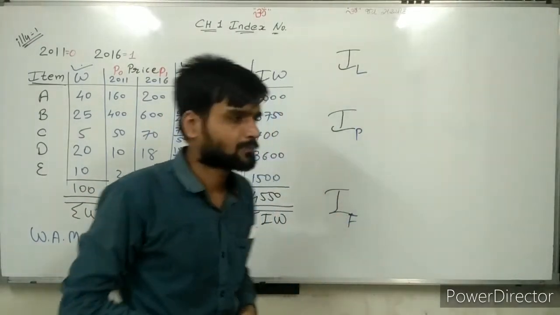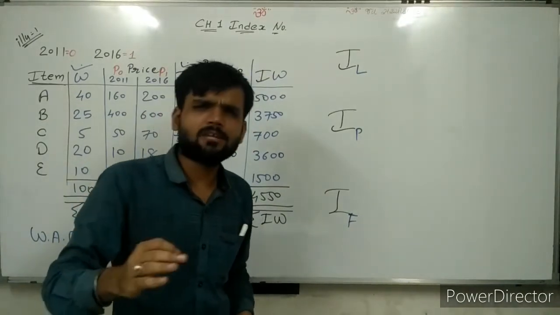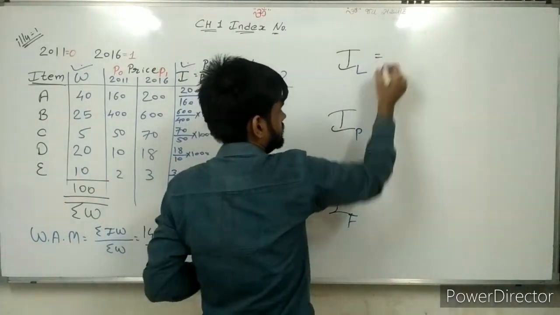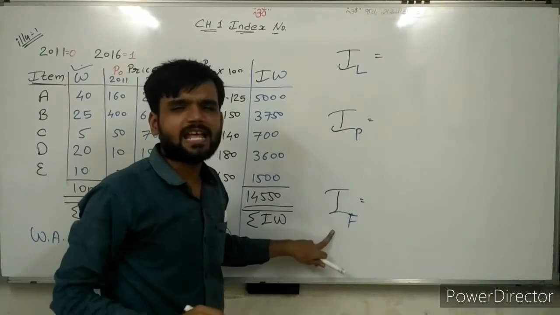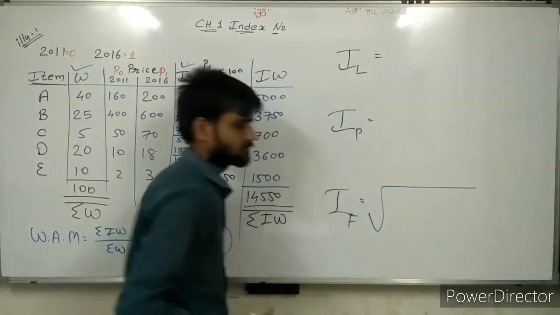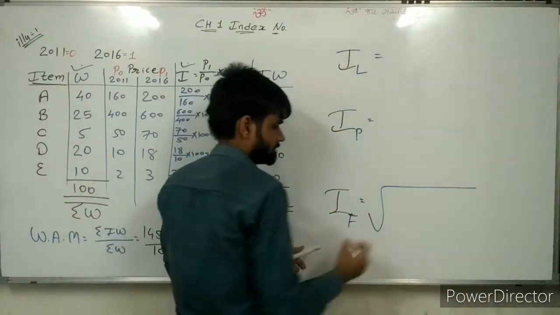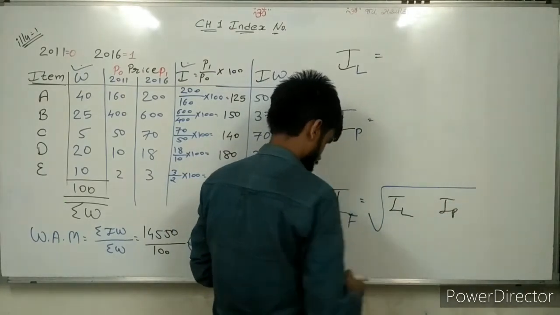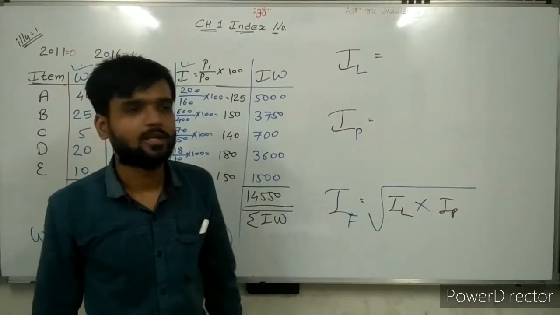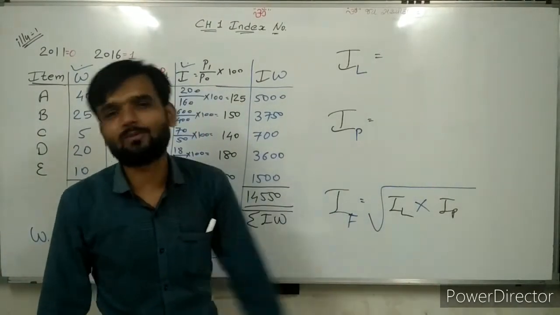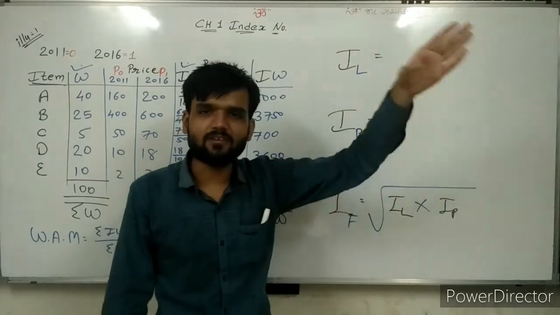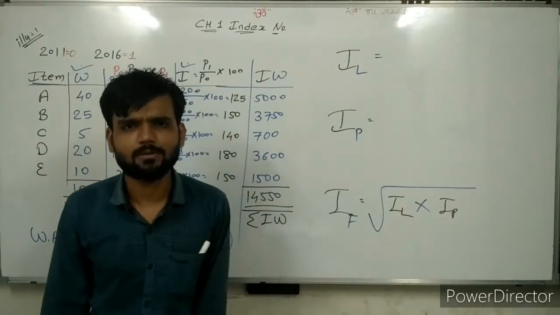Now which are the formulas? To remember these formulas, I am giving you one example so that you can easily write them. Fisher index number is the easiest index number to find. Why? Because Laspeyres into Paasche, its multiplication and root, is the Fisher index number. So this is a very easy formula. Laspeyres into Paasche, multiply and find the root of it, becomes the Fisher index number.